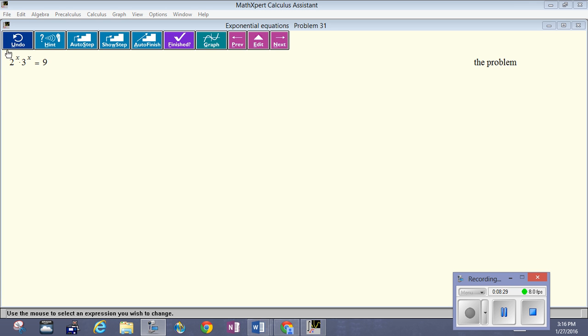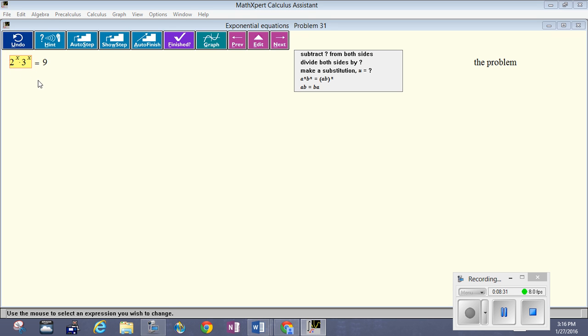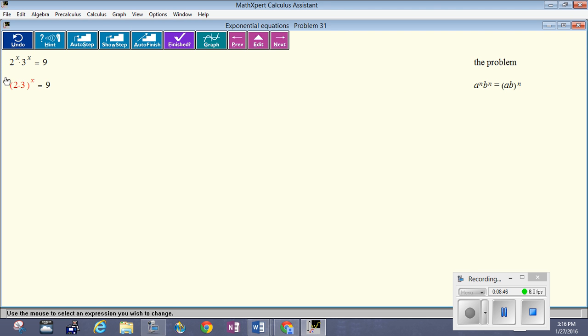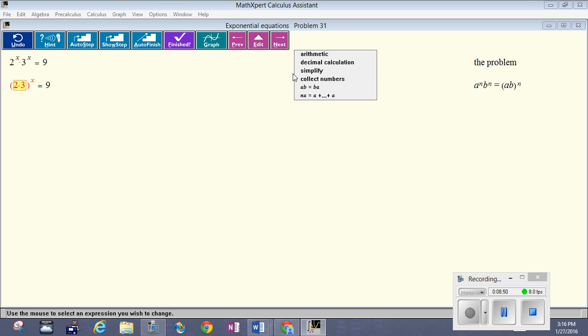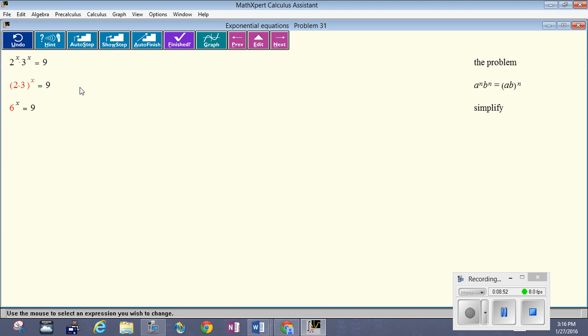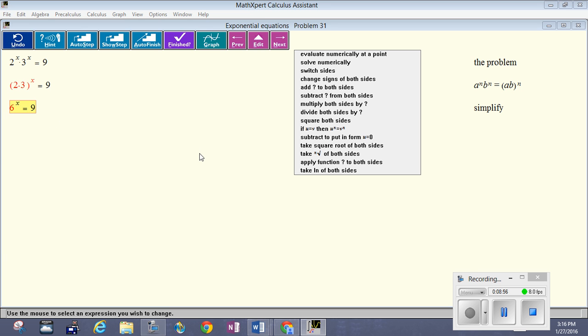So I think you'll remember if the exponents are the same but the bases are different in multiplication, we have a rule over here. a to the n times b to the n is the quantity ab to the power n. So if we apply that, then of course we're just going to simplify this and get 6 to the x, okay? And then that's going to suggest a log of both sides, which is going to keep the answer in line